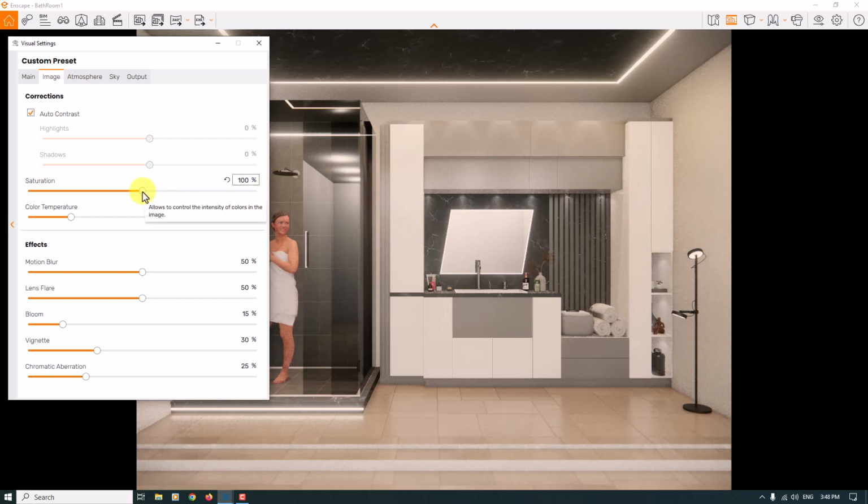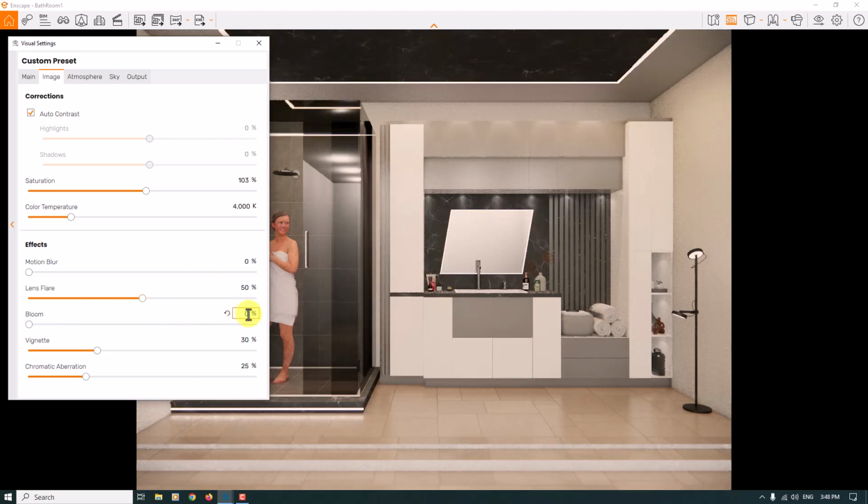For this problem, you can increase saturation a little bit. A little bit means that you must convert it from 100 to 103%, and it will improve your render. Motion blur is not useful because we don't create any type of animation right now. And the bloom option. As you can see, we have some unsharp places in here. So I'm going to convert bloom to 0, and you can see now my render is much sharper than